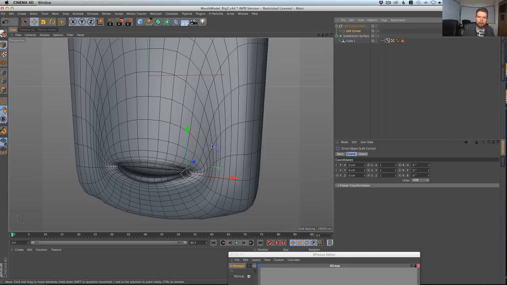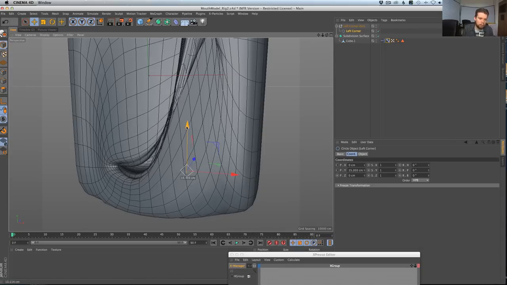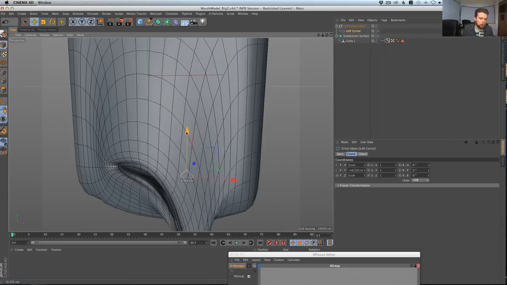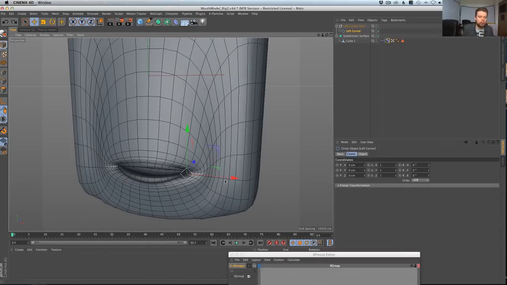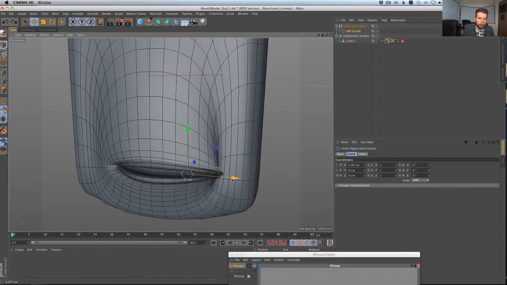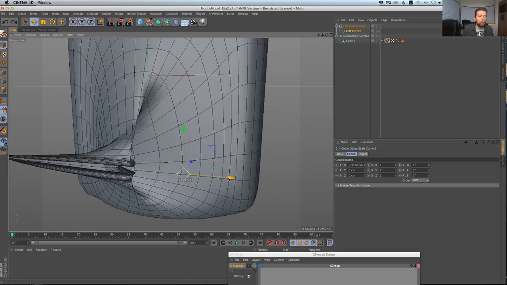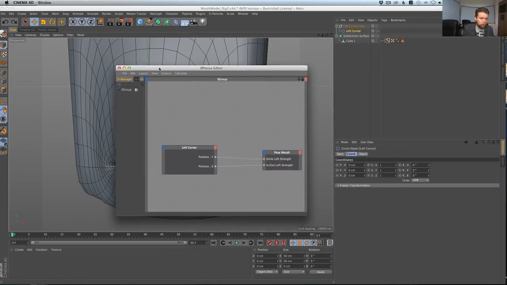So now I'm going to grab the left corner of my mouth, and let's pull it up. Whoa, okay. You see, as I move this up and down, the mouth is doing things, but it's doing way too much. It's moving way too far. And let's grab X and pull it. Okay, it is also correct, but it's going way too far. This is where the range mappers come in.